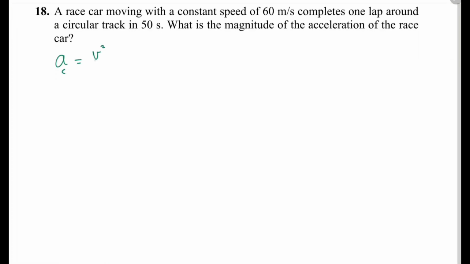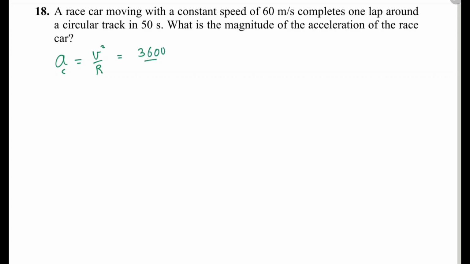A race car moving with a constant speed of 60 meters per second completes 1 lap around a circular track in 50 seconds. What is the magnitude of the acceleration of the race car? In this case, again, constant speed means no tangential acceleration whatsoever. So a central in this case equals v squared over r, or